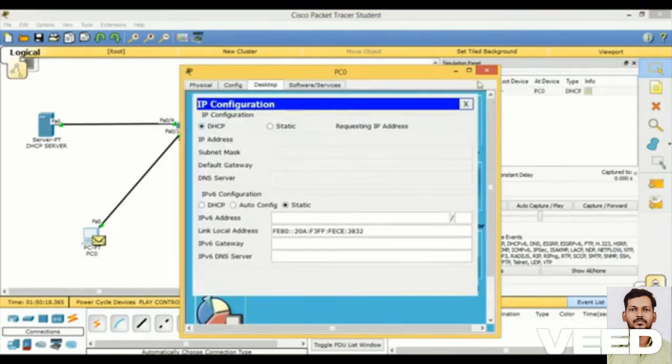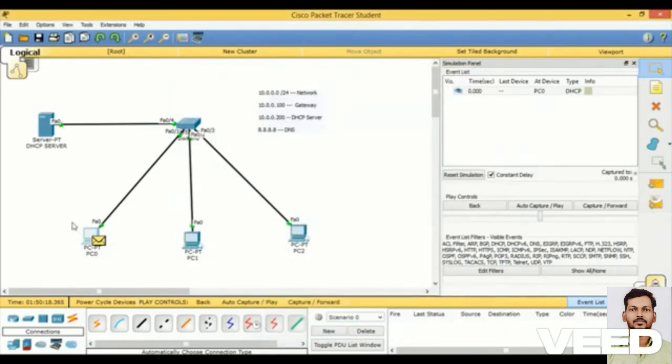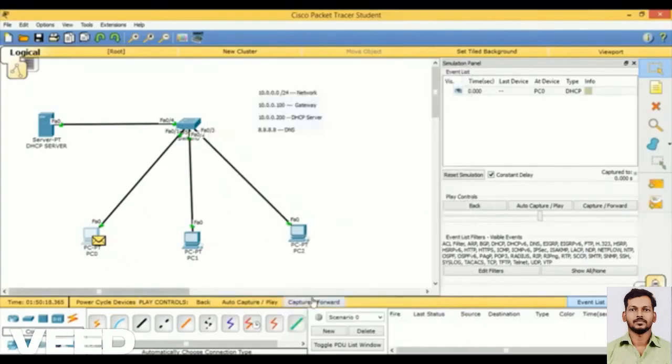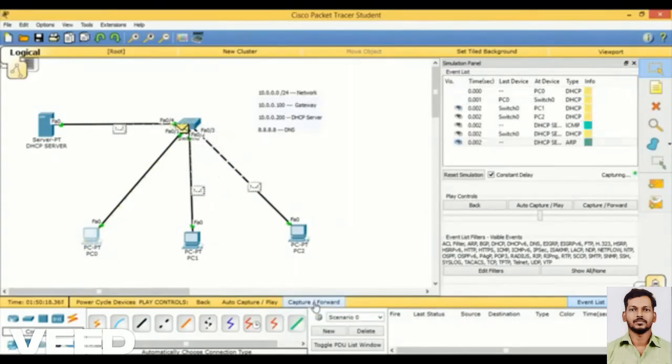First, PC0 will send a DHCP broadcast message with destination IP address 255.255.255.255 and MAC address all F. It will broadcast the message with destination port number 67. This broadcast will be received by all the devices in the network. As port number 67 belongs to the server, not to the client, the clients will discard the packet. Once the server receives the broadcast message from this client,